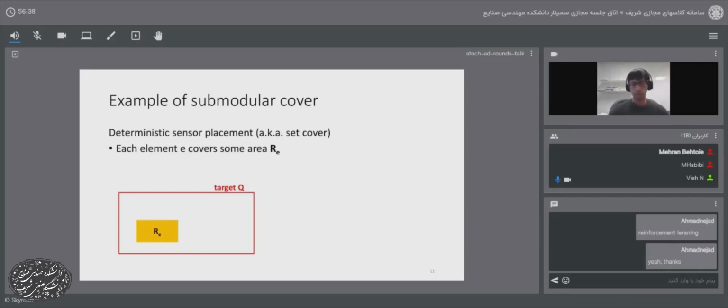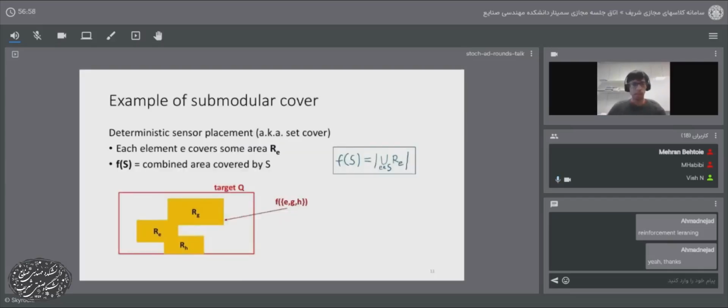For those of you who are familiar with combinatorial optimization, here every element or a sensor covers some deterministic area, R sub E. In this example, it's this yellow rectangle. And there is again a target region that we want to cover in entirety. And the function that we will associate for any subset of sensors or subset of elements is the combined area if you include all of those sensors. So it's like we take the union of all the regions